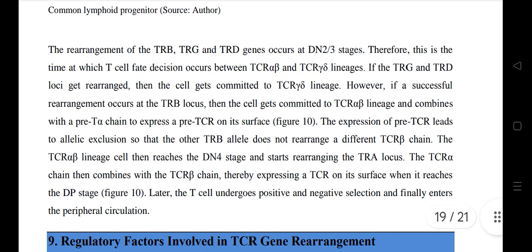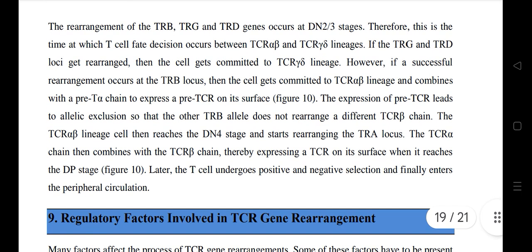The rearrangement of the TRB, TRG and TRD genes occurs at DN2/3 stages. Therefore, this is the time at which T cell fate decision occurs between TCR alpha beta and TCR gamma delta lineages. If the TRG and TRD loci get rearranged, then the cell gets committed to TCR gamma delta lineage. However, if a successful rearrangement occurs at the TRB locus, then the cell gets committed to TCR alpha beta lineage